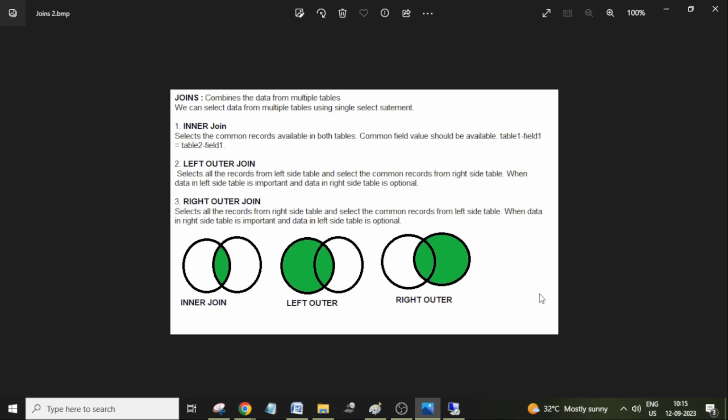how many times does the database connection need to open? Only one time, right? And it will select the data from all the multiple tables by joining all those tables. For that, what do we use